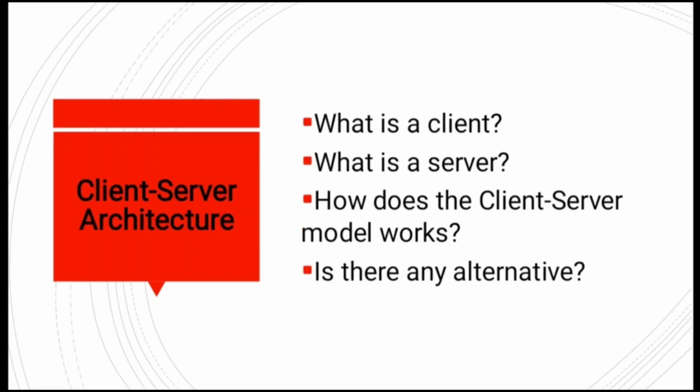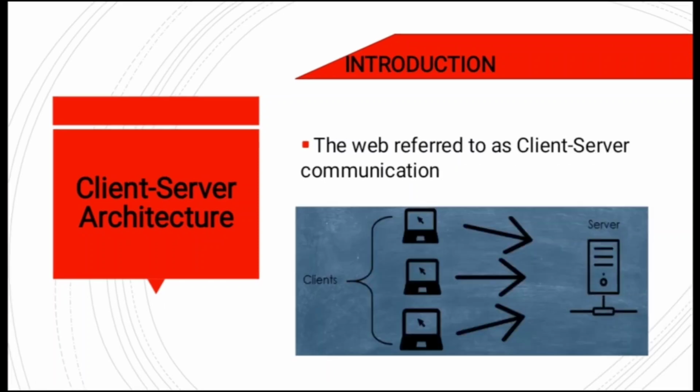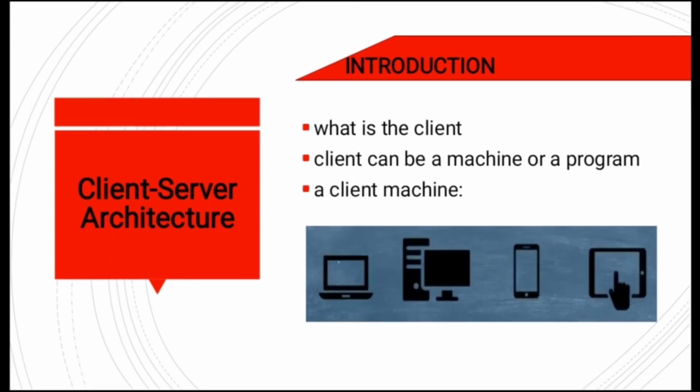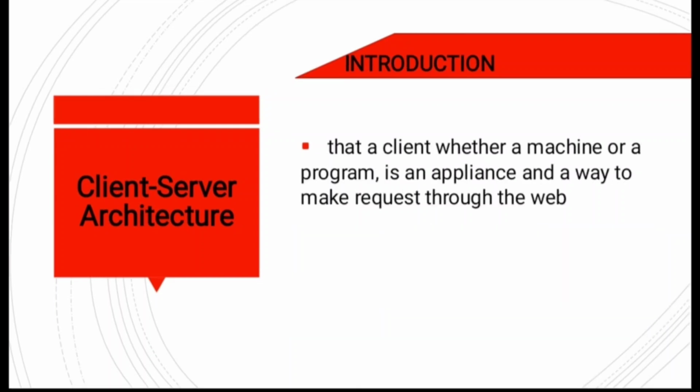Client-server architecture. What is a client? What is a server? How does the client-server model work? Is there any alternative? The web is a service that allows computers to share and exchange data, referred to as client-server communication. What is the client? A client can be a machine or a program. The client program is a program that allows users to make requests. The client, whether a machine or a program, is an appliance and a way to make requests